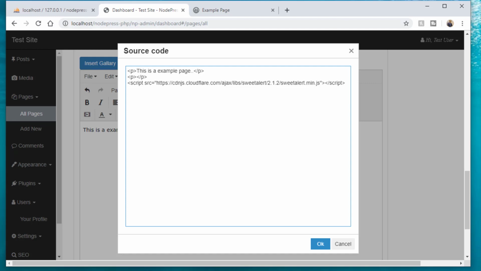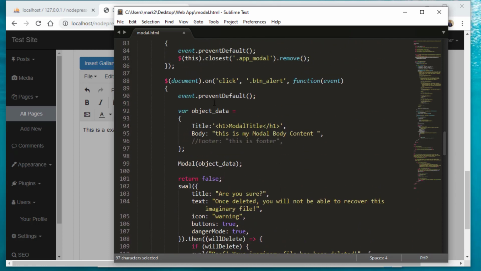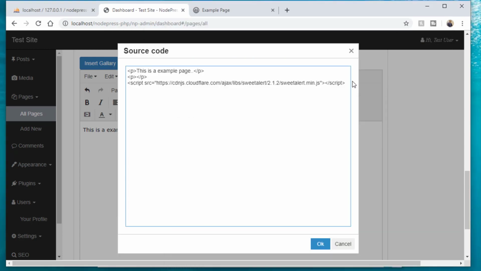Just to show you, what you can do is take your JavaScript code. In this case, in here, this is my jQuery, and by the way, this thing already has built-in jQuery. So for SweetAlert, you can literally just copy this code,